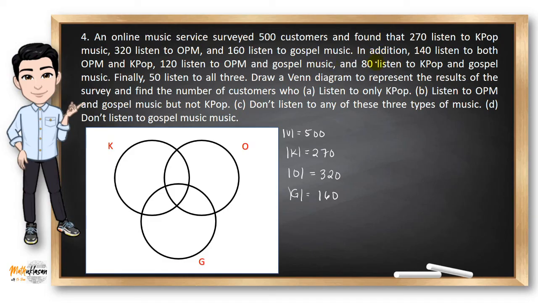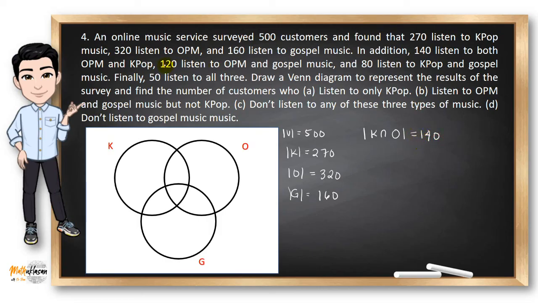Now, in addition to those, 140 listen to both OPM and K-pop. So when you say both, that is the intersection of the two sets. So where is that? 140 OPM and K-pop. The OPM and K-pop here is somewhere here in the middle of these two sets. So that is K intersection O, that is